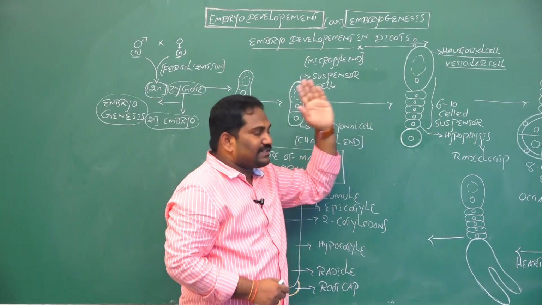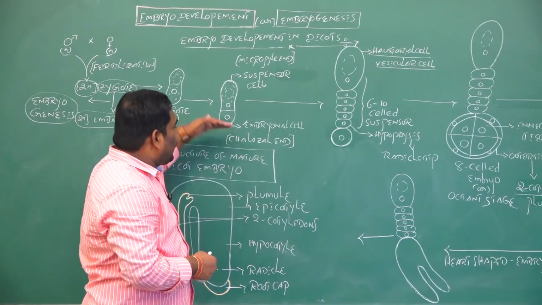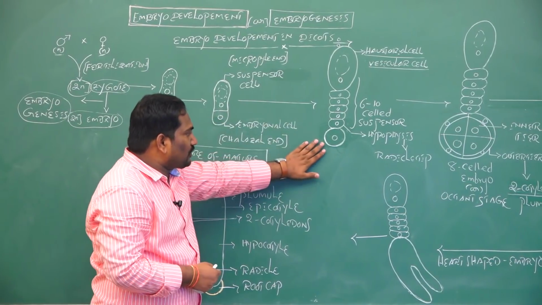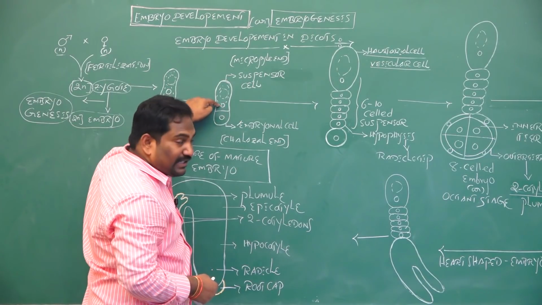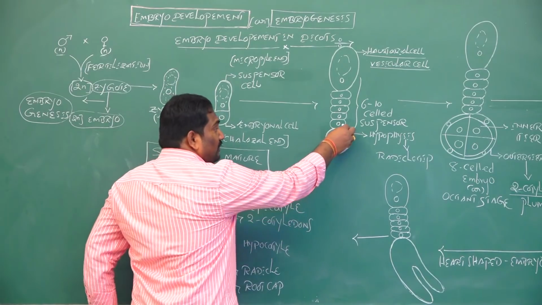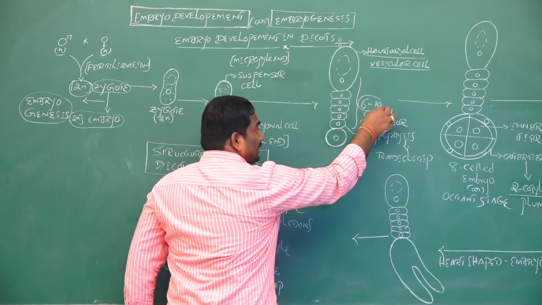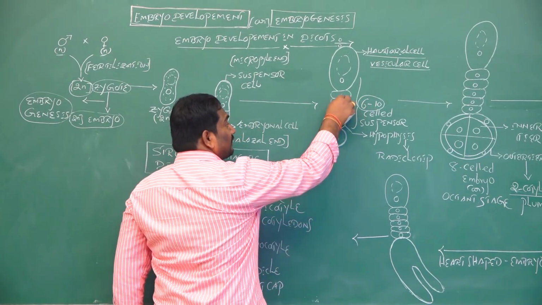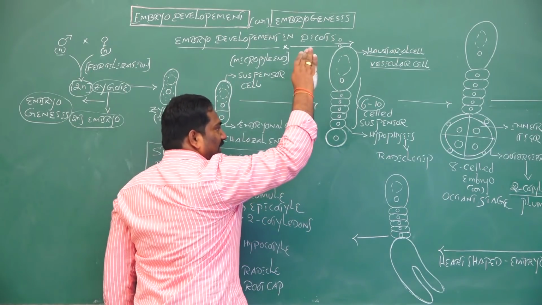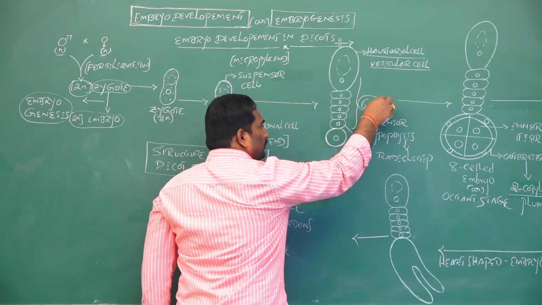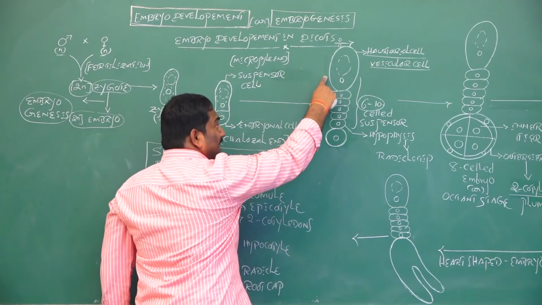Now, the second step of embryo development in dicotyledon plants, or dicots. The embryonal cell does not divide now, it stays the same. Then the larger cell, the suspensor cell, starts to divide with many transverse divisions, and it produces a 6 to 10 celled suspensor. So, when the suspensor cell is divided transversely many times, it produces a 6 to 10 celled suspensor. Out of these 6 to 10 celled suspensor,